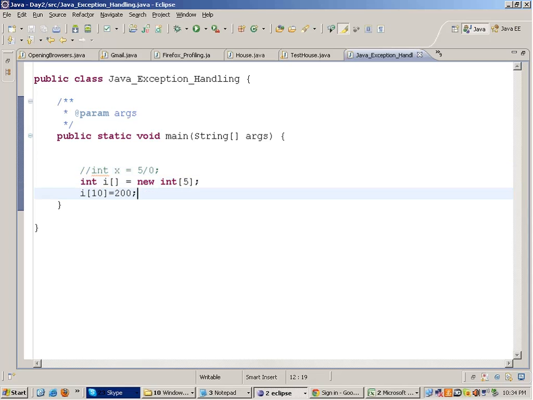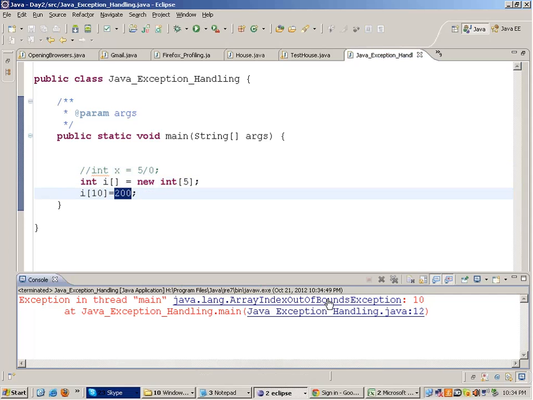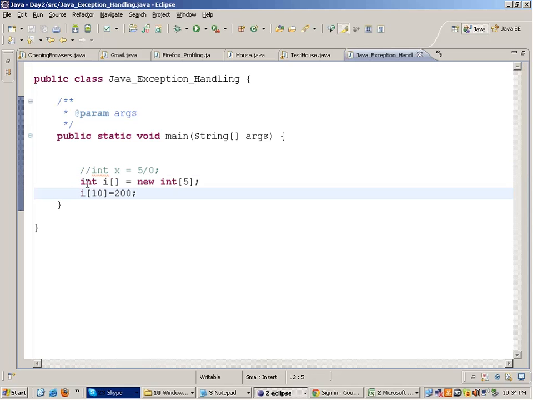If you don't know what arrays are, you can go to my website and watch video number 2. It is free for everybody. Here I'm trying to give the value 200 to the 11th element. But if you run this code, you will get an ArrayIndexOutOfBoundsException. So these are exceptions. These are undesired situations your program can land in.